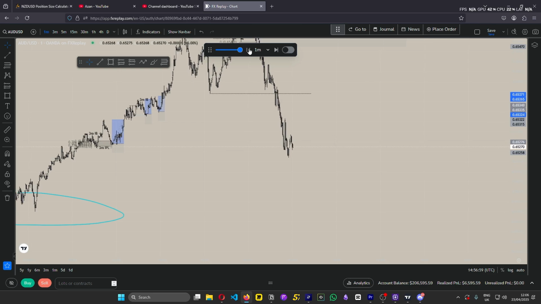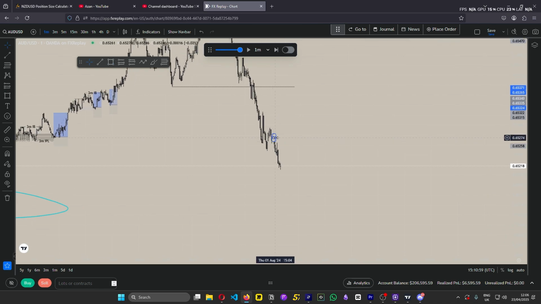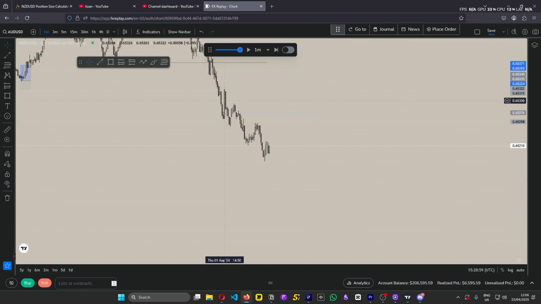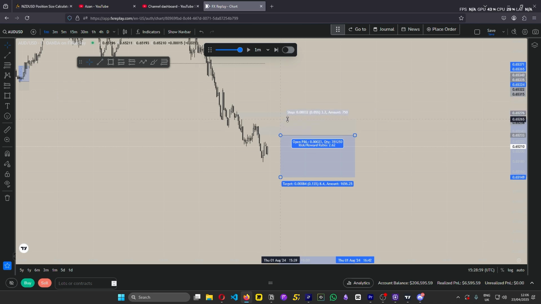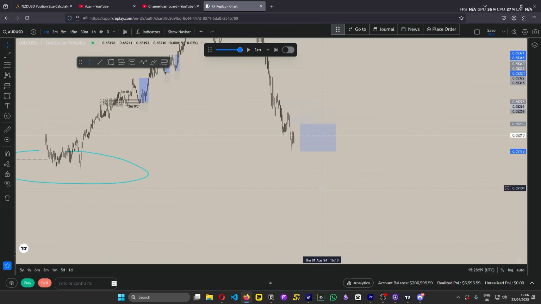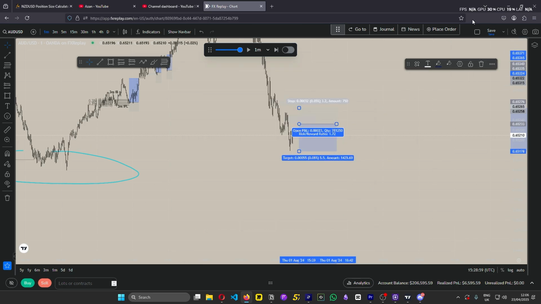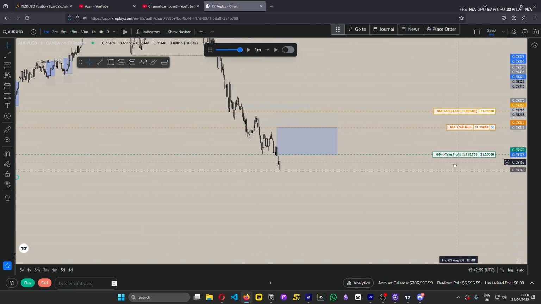That's not a good continuation. This right here is a good continuation. Let's see if I can get a mitigation. Actually, it doesn't really have imbalance, so I'm not gonna force it, but okay, we got a continuation right here. We have to enter this one. Let's see. Got 3.2. Yep, that's right. Market, no, limit. Do we get a mitigation? Nope, we don't get a mitigation.